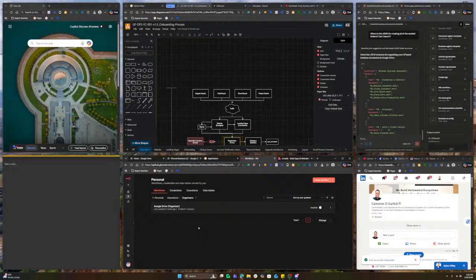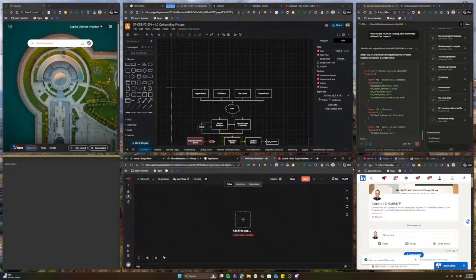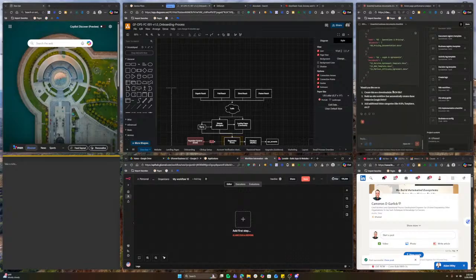We have a Google Drive organizer. I'm going to create a new workflow. This is now the new workflow. As soon as this guy is done, right? So I say, please create a JSON